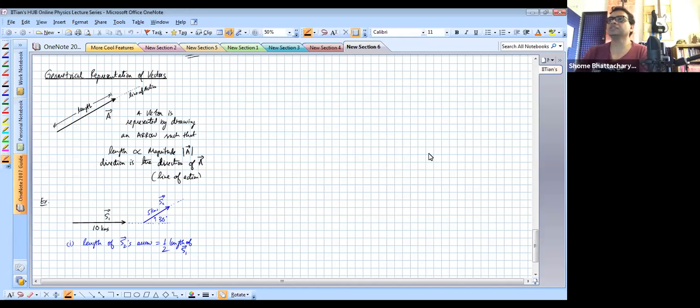Right. So this is the information we learned about geometrical representation of vectors. We saw that geometrically, if we want to represent vectors, we make use of arrows, and we draw the arrows such that the direction of the arrow